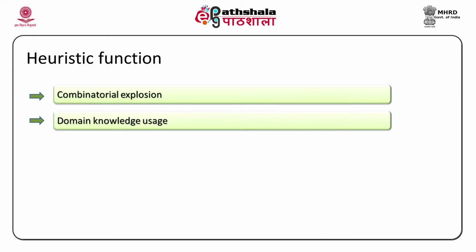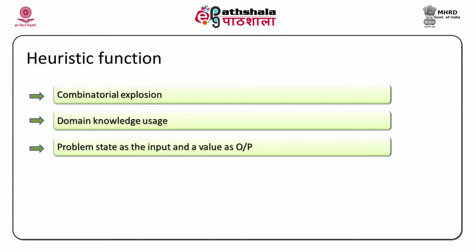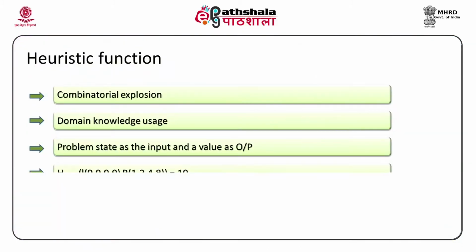So what does that mean? I am given a chessboard position, I apply the heuristic function, and it gives me a value between -10 and 10. -10 is a defeat for me, 10 is a win for me, and the value between -10 and 10 indicates the merit of that particular state, how good or bad that state is. So you can see it is about using domain knowledge. The heuristic function takes the problem state as input and comes out with a value, how good or bad. It is -10 to 10 in the conventional way, but you can design your own way; there is no standard as such.